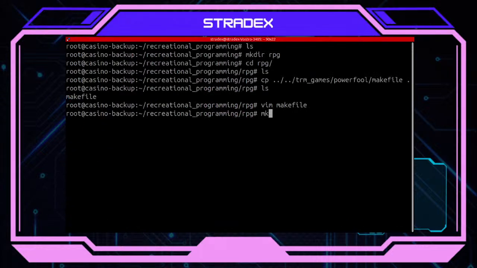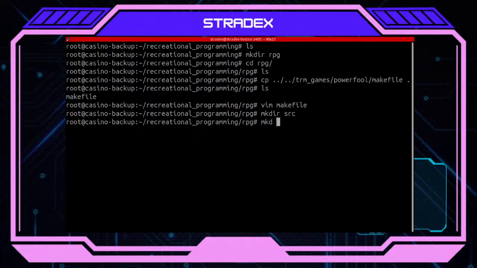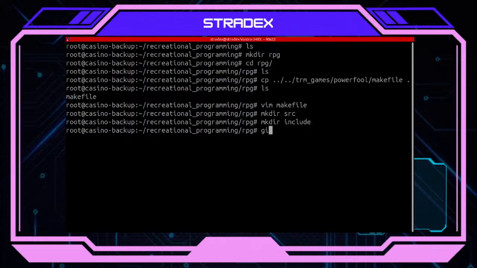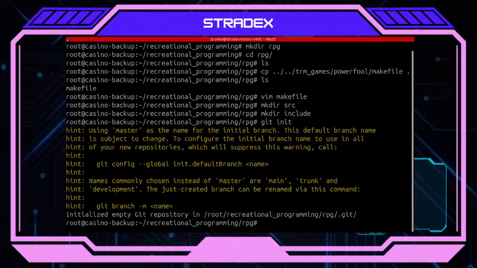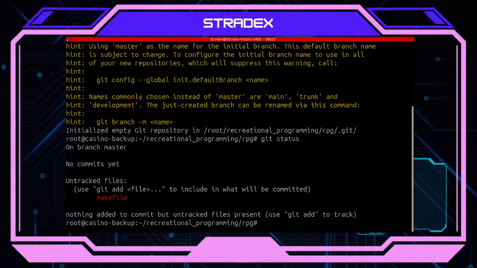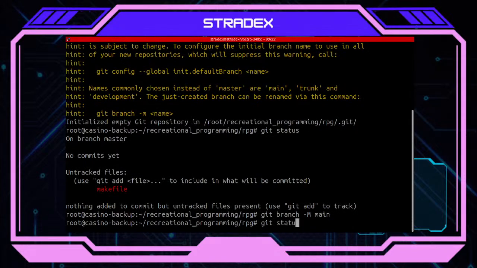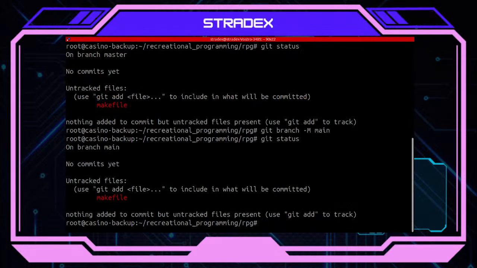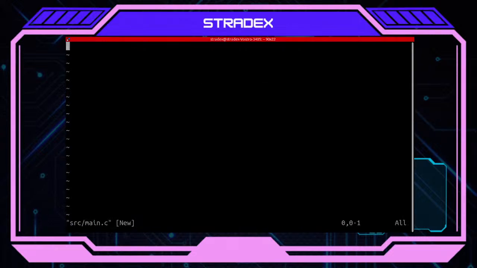Let's make now my include folder here. Let's initialize this with git. Okay, great. So let's create now my main thing.